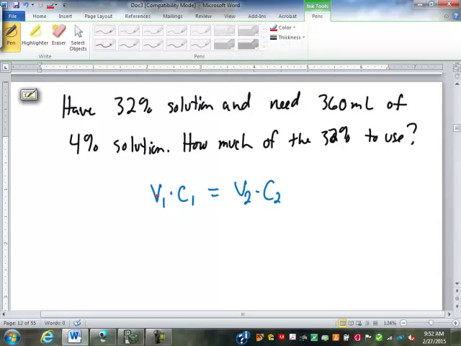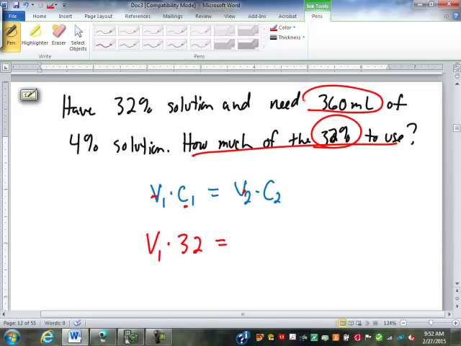Do we know volume 1? Well, that's actually what we're looking for. We better know concentration 1 then. That's the 32%. Equals volume 2, 360 milliliters, and concentration 2,